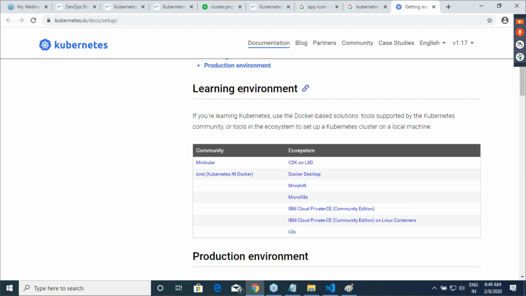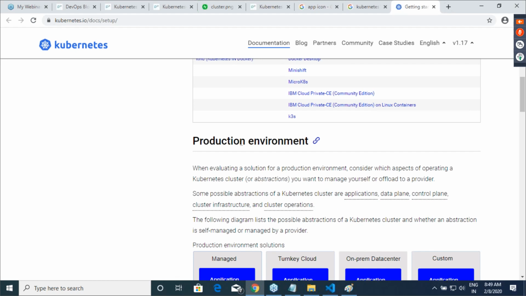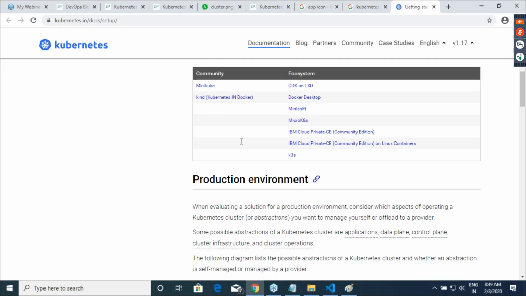The documentation is given as learning environment and production environment. The learning environment runs on your own laptop or a free service. Minikube can be run on your laptop itself. And then they have Kubernetes in Docker. If you install Docker Enterprise Edition, you can enable Kubernetes in that itself; we have installed Docker Community.